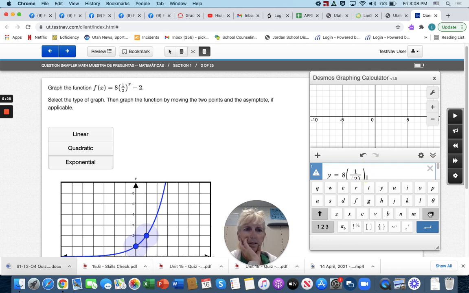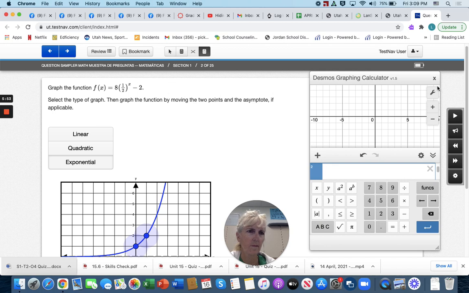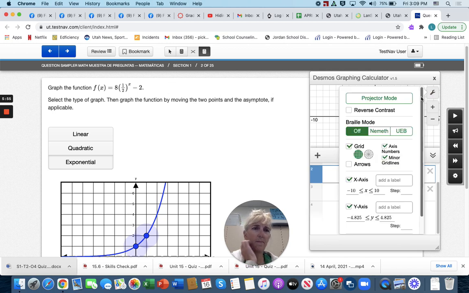All right. So if it's raised to the power of x, and then we go -2. Okay, and then we could go return. See what that graph looks like. Okay, so it looks like I might need a little bit of help also on figuring out this thing as